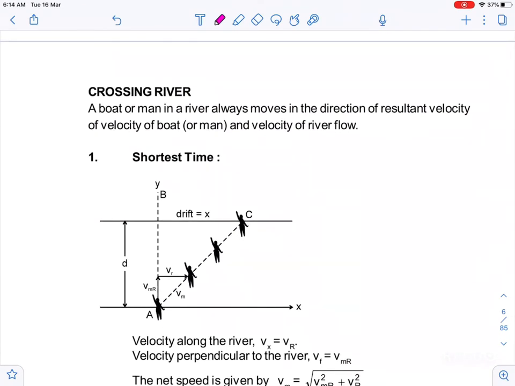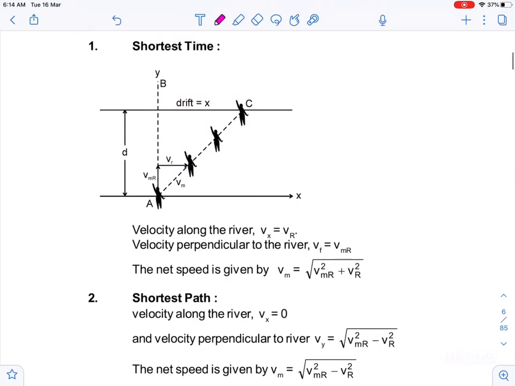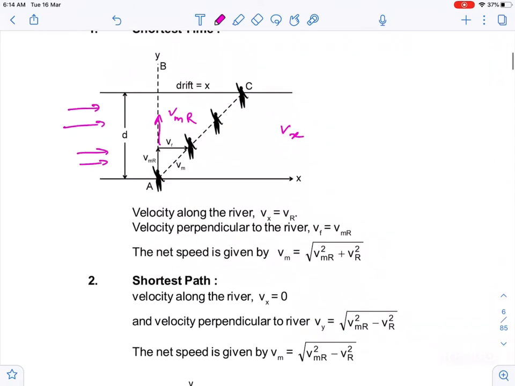Now guys, the river swimmer problem or rain man problem, this type of problem you usually see. So what is the time to cross the river, all the things I have taken as they are. So velocity along the river, suppose the river is flowing like this, guys. River is flowing like this. Velocity along the river is vr, and velocity perpendicular to the river, they have taken this, guys. So v of man, suppose the man jumps like this. So velocity of man with respect to river.